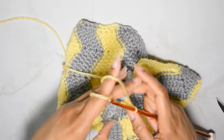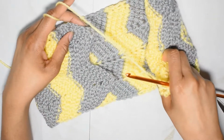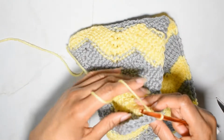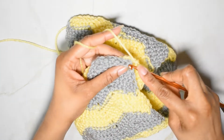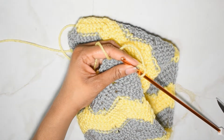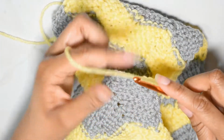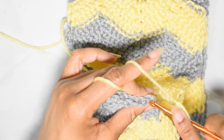Alright, so completely opposite to traditional Tunisian crochet, what I'm going to do is chain one, turn my work. I have my pattern where the inside is on the outside, so you're going to want to do that. Let me see if I can turn down my light, that looks a little bright, and zoom in. Alright, after we chain our one and we turn our work, we're going to see here,